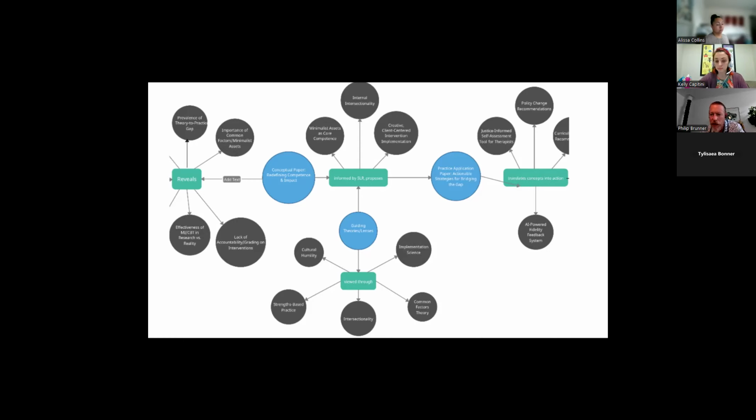To address the identified problem, I draw primarily from implementation science and common factors theory. Implementation science emphasizes that successful adoption of EBPs depends heavily on context, organizational support, and practitioner competence. Common factors theory posits that shared therapeutic elements like empathy, genuine care, and active listening, what I term minimalist assets, are highly impactful regardless of the specific EBP.